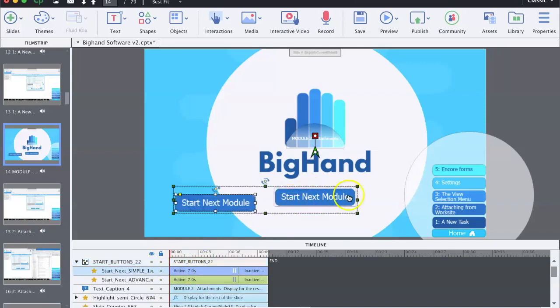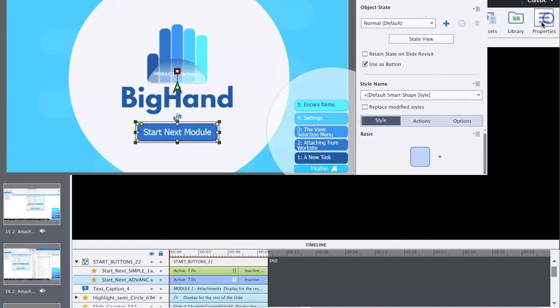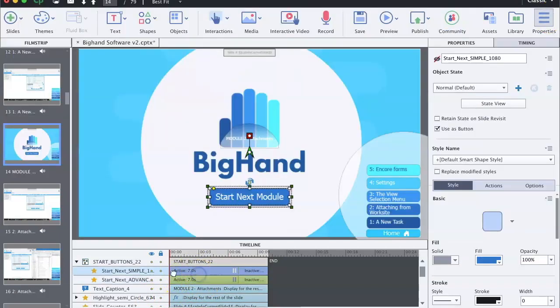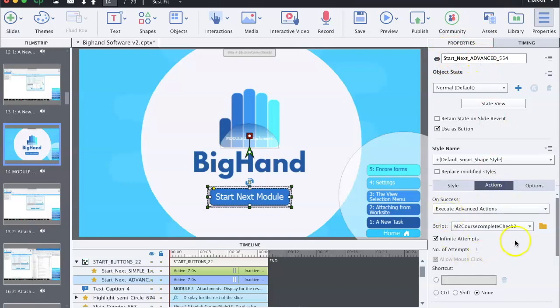2 buttons that are exactly the same, and they are stacked on each other. So if we look at the properties here, the top level one, the simple button, is set to invisible on entry. So let's look at the other one. This is the one which will be visible to us, and I call it advanced because it has an associated